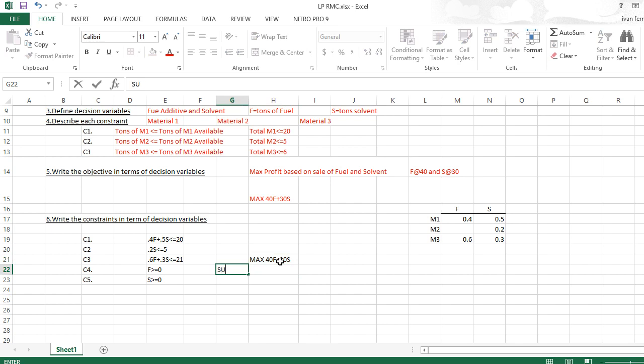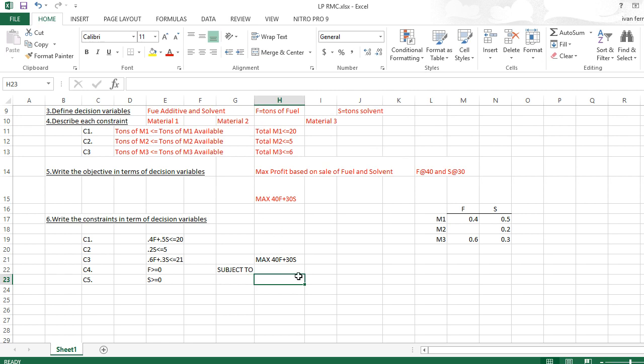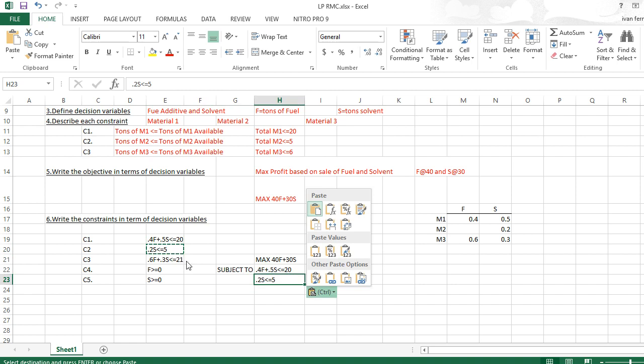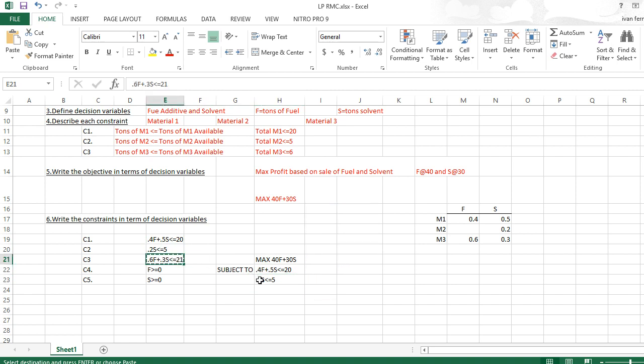Subject to the following constraints. That constraint, this constraint, this constraint, this constraint,